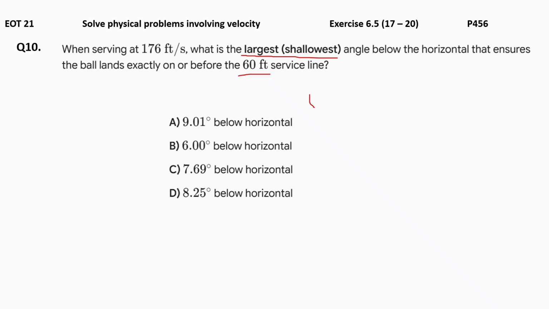So it is nothing but 0 is equal to negative 32 by 2. Can I write directly negative 16? Okay. So negative 16 multiplied by 60 square divided by 176 square cos square theta